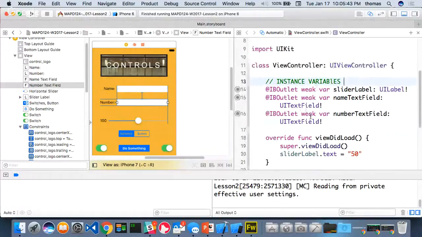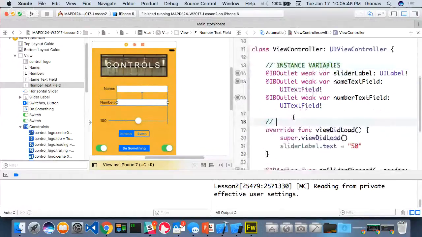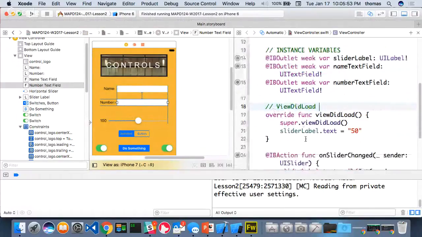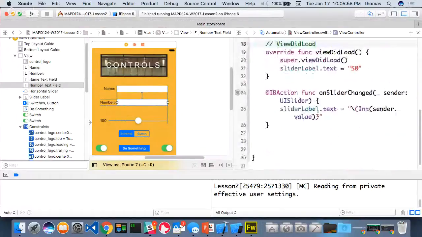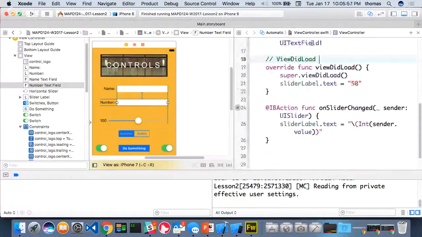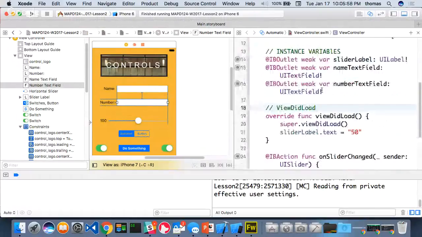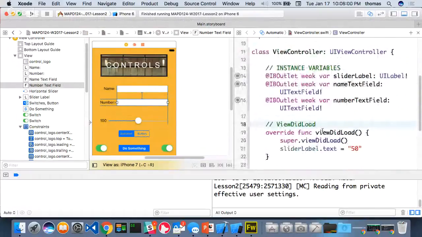This is my viewDidLoad method, right? This is what this is. This is my viewDidLoad. This is a built-in event that occurs when my view loads. My slider changed, and I probably want to put some kind of comments among all these things. Okay, so good. I got some of these things,